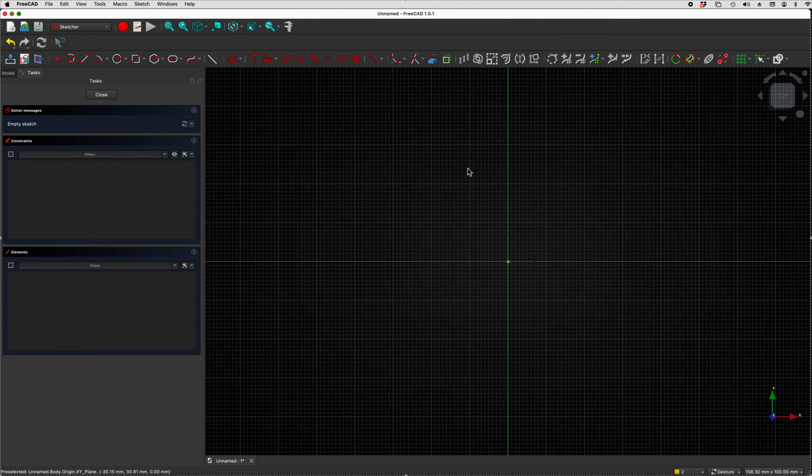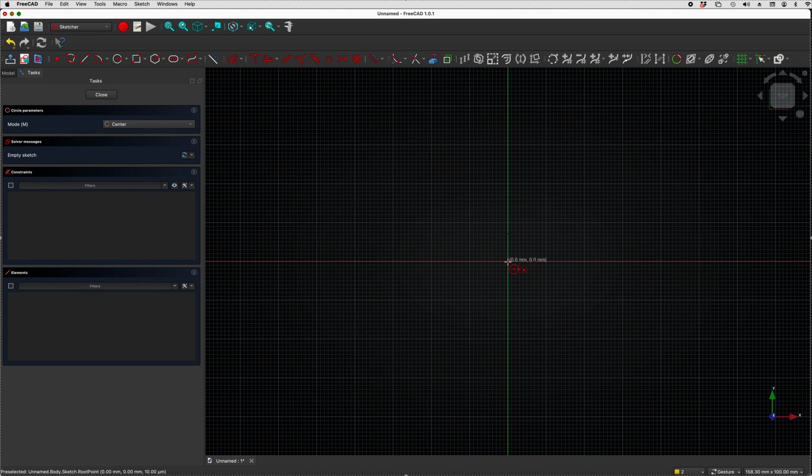In the XY plane, we're going to make a tenon, a circle. So create a circle by its center, basically now holding the axis to create a concentric point constraint on the axis origins. And let's make this